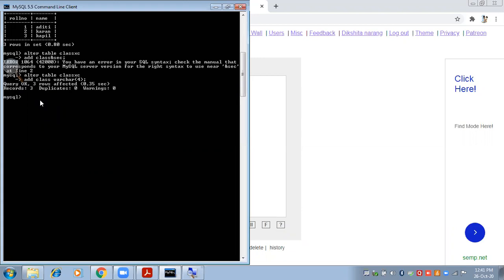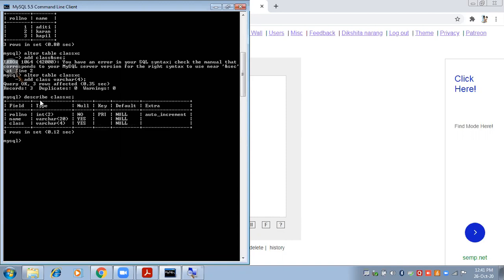Okay, now in the table we have already inserted one more column, so let us check. Describe class 10c semicolon, enter. So now we have three different fields: roll number, name, and class.